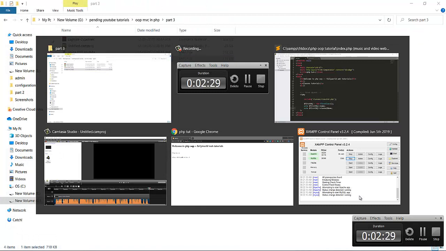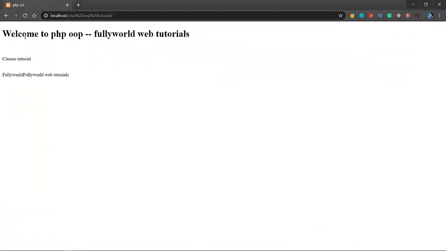This is our index page, and here we printed the two public variables from the class, and we created the object.